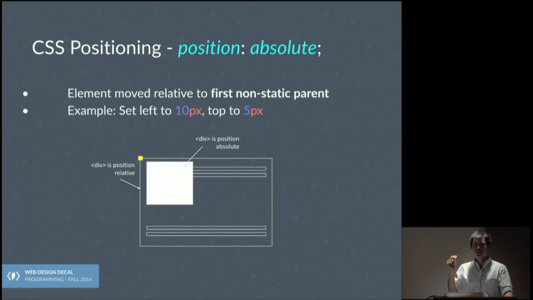So this might be hard to wrap your head around at first, but basically it's like you've almost recreated the page, in a sense, within that larger outer parent div. Now instead of doing everything relative to the page, you're doing it relative to a div in the page. And then you can almost see this like a sort of divception, right? Where you could do this for a lot of recursive things.